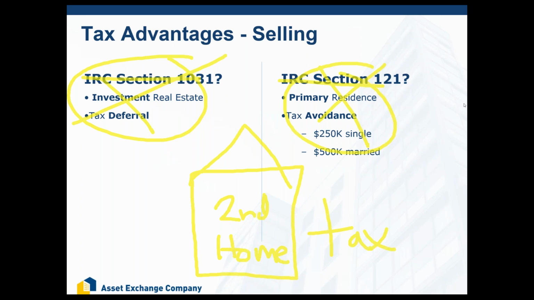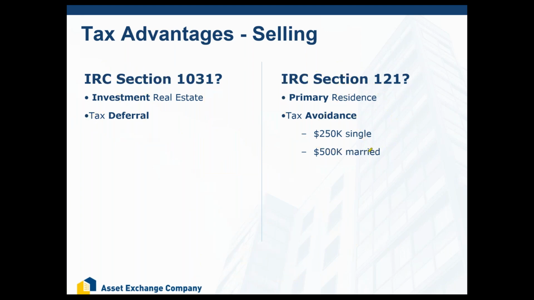So if you have a second home in Palm Springs and you don't want to pay taxes, what do you do? Well, you move into it and you live there for at least 2 years, or you rent it out. And after you establish it as a rental, you can exchange it. Okay, so there are properties that you can sell that don't have any tax break upon selling, but we can get you to a point where you can qualify if you're smart and you plan appropriately.